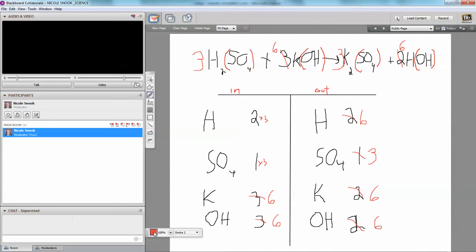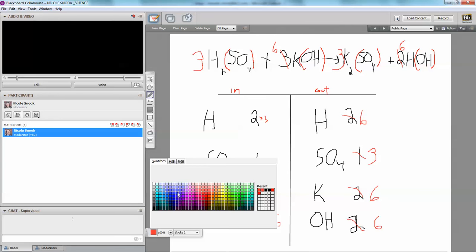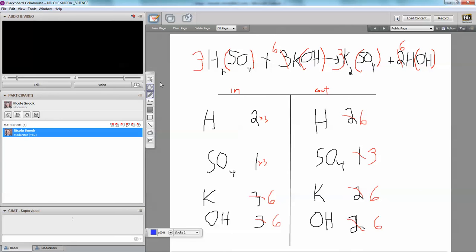And that's going to change your numbers again. So 3 times 2 on the H's becomes 6. And 3 times the 1 SO4 that you have here becomes 3. And now when you look at your T-chart, you're balanced on both sides. So the new equation,